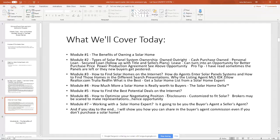I call it, if it wasn't in the solar home context, pre-negotiating with the listing agent. I'm going to give you some of the tips that I use, and you'll understand why you always want, even if you're working with a buyer's realtor, to pre-negotiate. And then the third dip is going to be the fact that